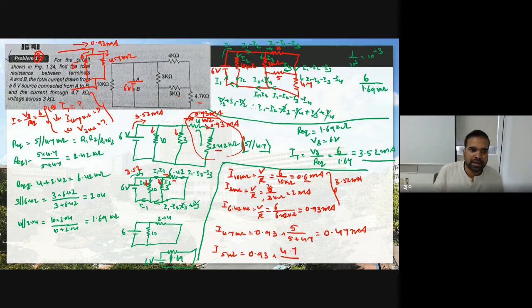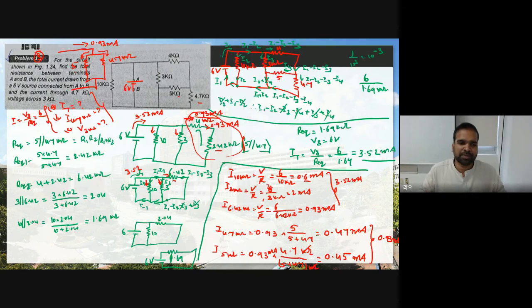That means the opposite resistor, 4.7 by, now the sum of the resistance, 5 plus 4.7 kilo ohm. So this is 0.93 milliampere. Now this is kilo ohm and this is kilo ohm, so the kilo ohm and kilo ohm will get cancelled. Now what is the current at the 5 kilo ohm resistor? 0.45 milliampere. Now if you add these two, that is equal to 0.93 milliampere. Yes, then our answer is correct.